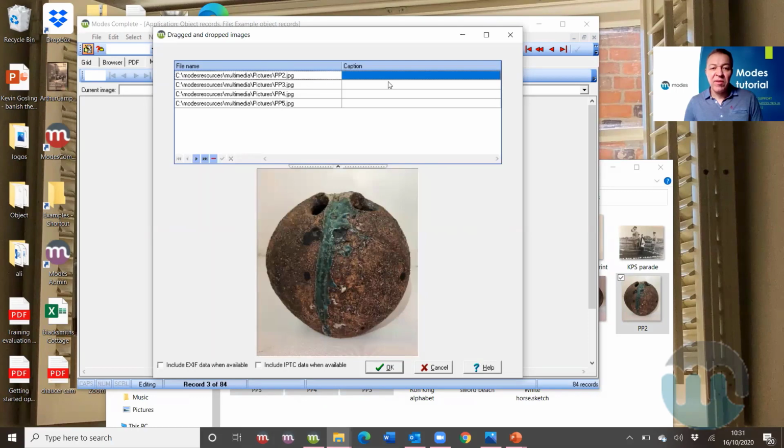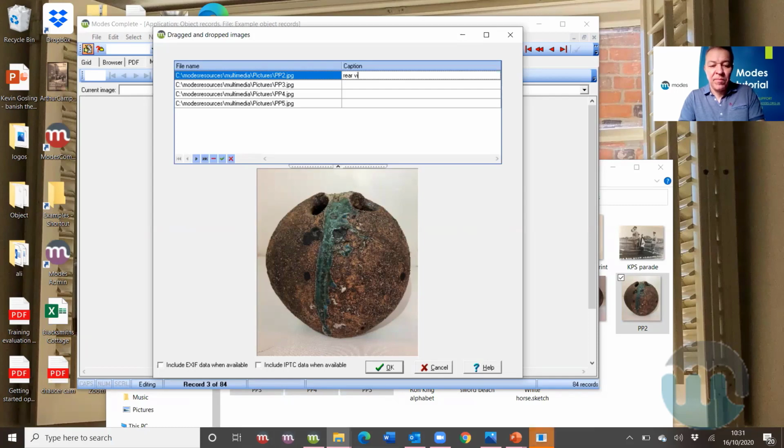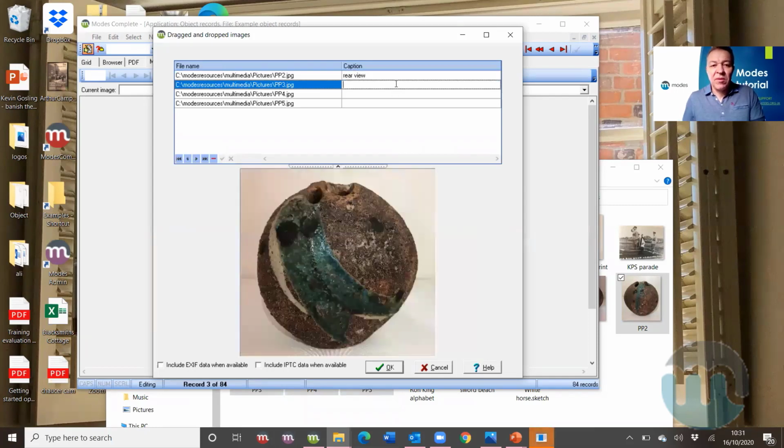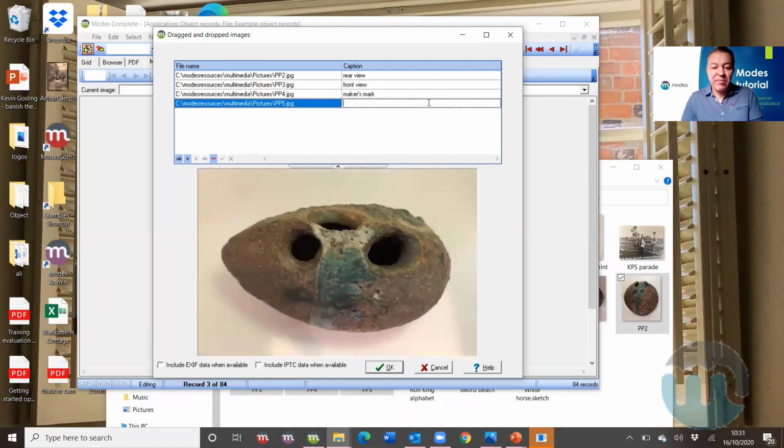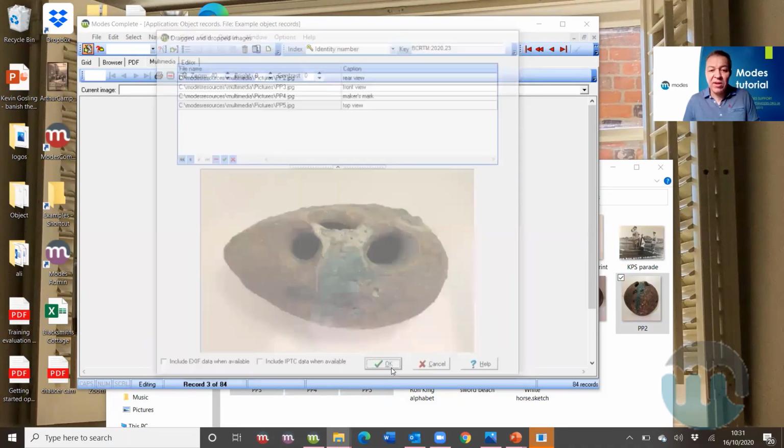So this is actually the rear view of the pot. Second image is the front view. The third image is of the maker's mark. And the final image is the top view. And when I say OK,